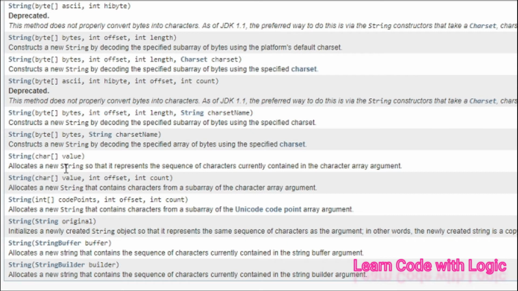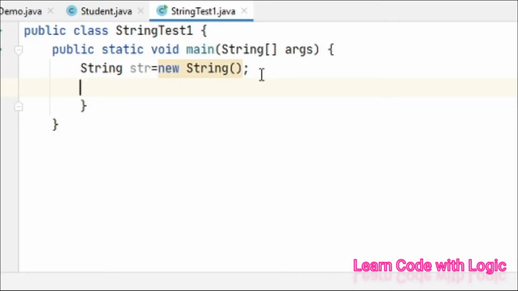It allocates a new string so that it represents the sequence of characters currently contained in the character array. That sentence is a little complicated. In simple terms, whatever characters you enter into the array, it combines and prints as a string. Let's see how it works.